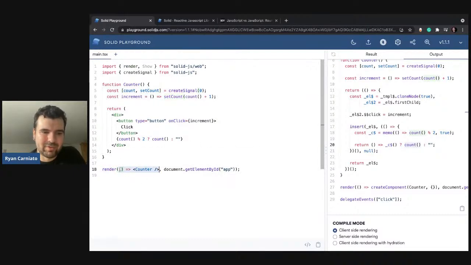That's why we pass a function. If we just pass counter, it would run before render ran, and that's no good. We actually need it to be under our context, so we pass a function. So basically, we can pass this function to create root, which is, as I said, just an effect that doesn't track. So a little long-winded explanation, but my point is everything core under Solid is under an effect, essentially